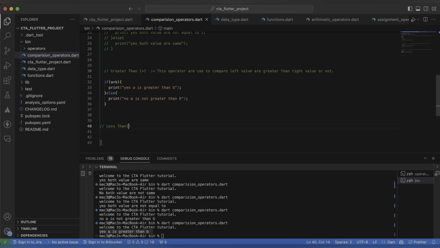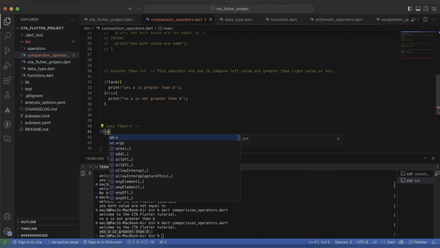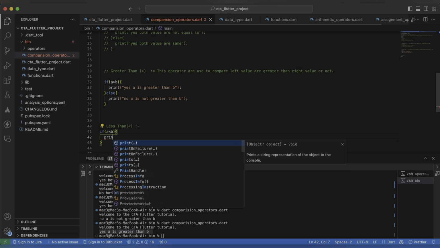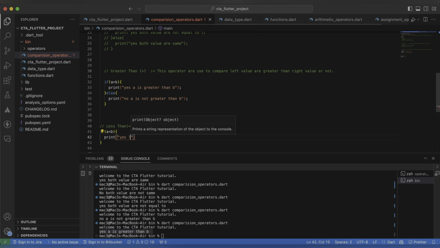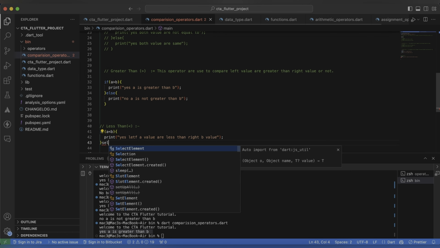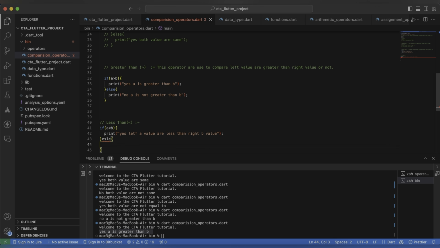Less than, and the less than symbol is this. What is this? This less than operator is used to compare whether the left value is smaller than the right value or not. Let's see by example. If a is less than b, print "yes, left a value is less than right b value". Else, and this is my mistake, else print no,